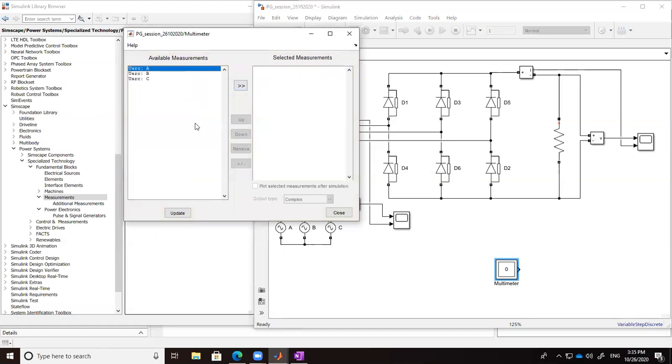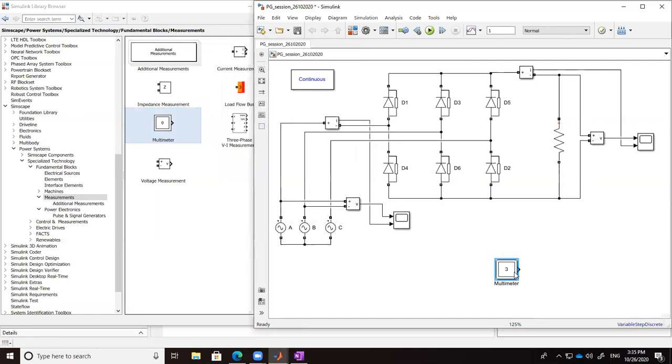You have U source A, U source B, and U source C. That indicates A phase, B phase, and C phase, right? And then we can connect it to